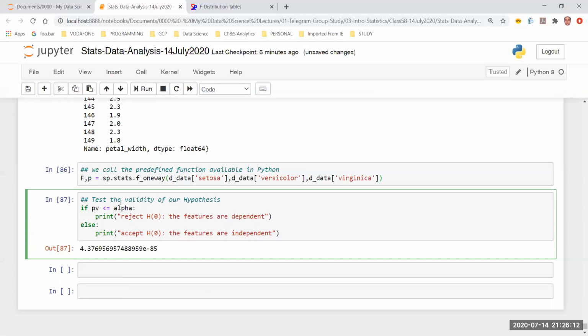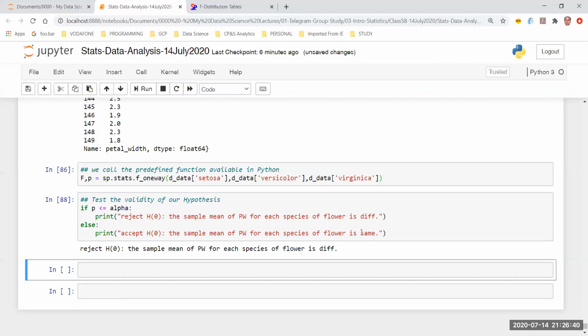The sample mean of petal width for each species of flower is different. Then I copy this and paste it over here. Is same. I simply print this: reject the null hypothesis. The sample mean of petal width for each species of flower is actually different. They are not the same.